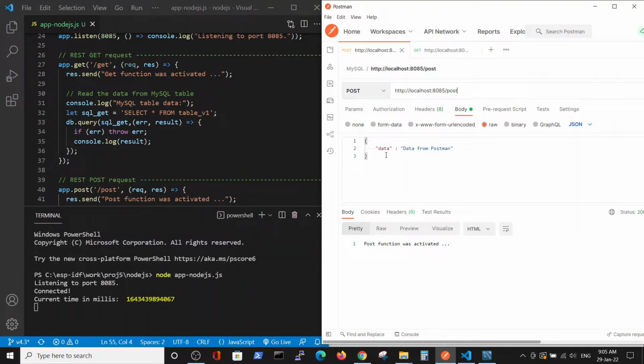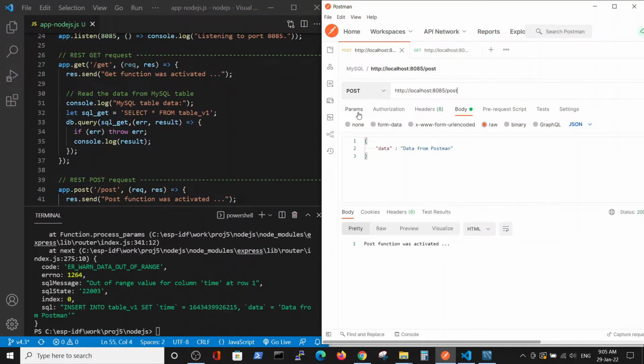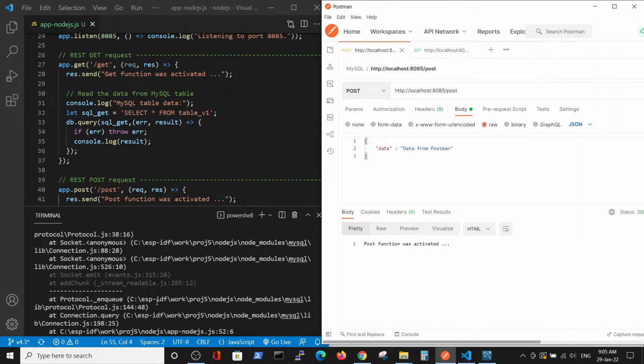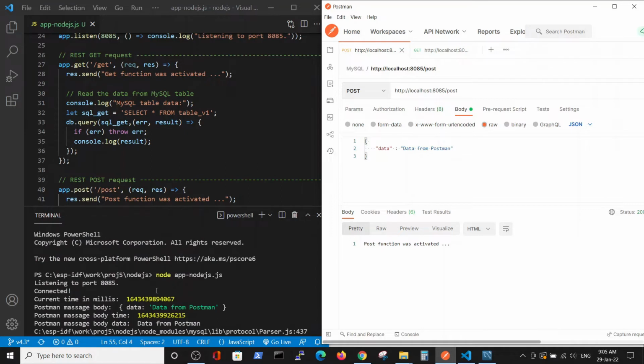Our post command will write data from Postman. This is the field that we want to write inside our MySQL database. We will run it, and here we will see an error. It can't perform the command insert time and data inside the database. If we look it up,